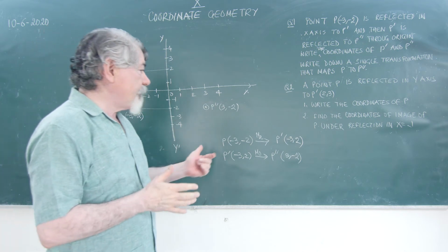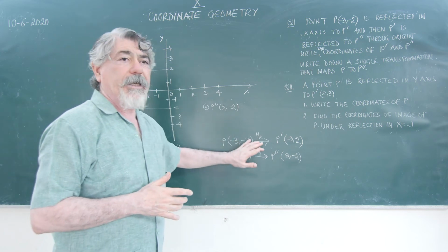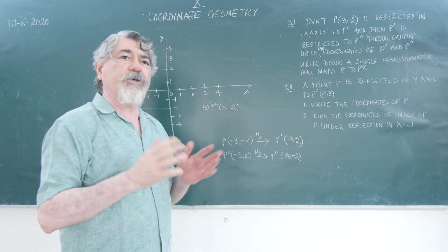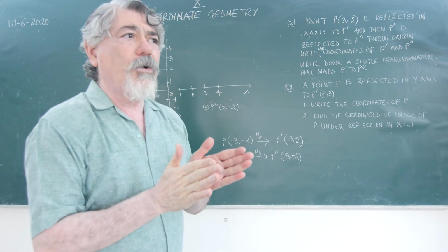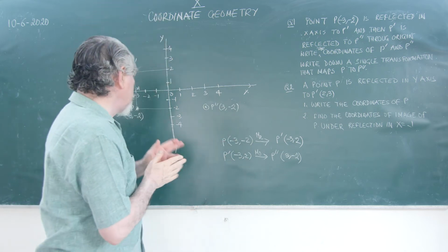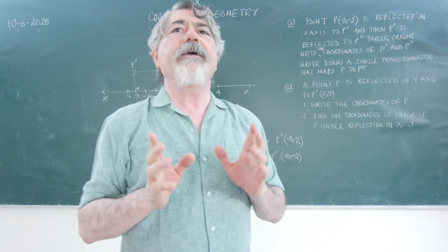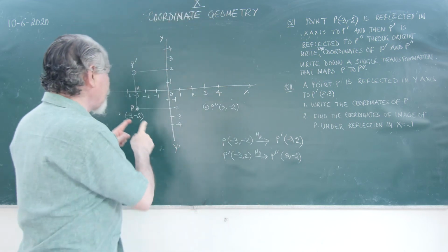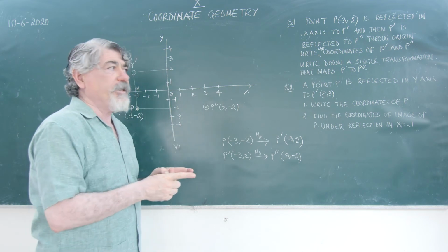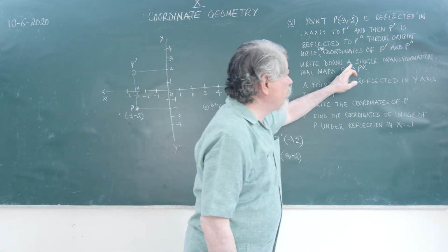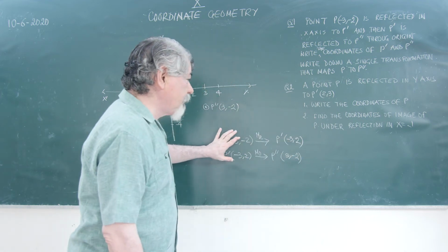Now he's saying once I have got P dash and P double dash, I have shown you through the graph and also done it directly by the formula. You can use both. And then he says, how can I transfer P to P double dash directly with one single transformation? It is possible. From P, how can we obtain P double dash? He says, write down a single transformation. As I told you, in this case I have done double.